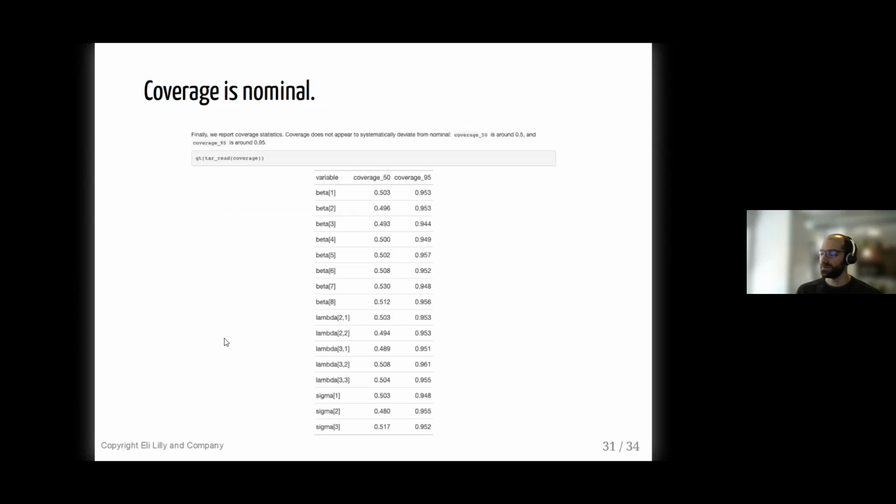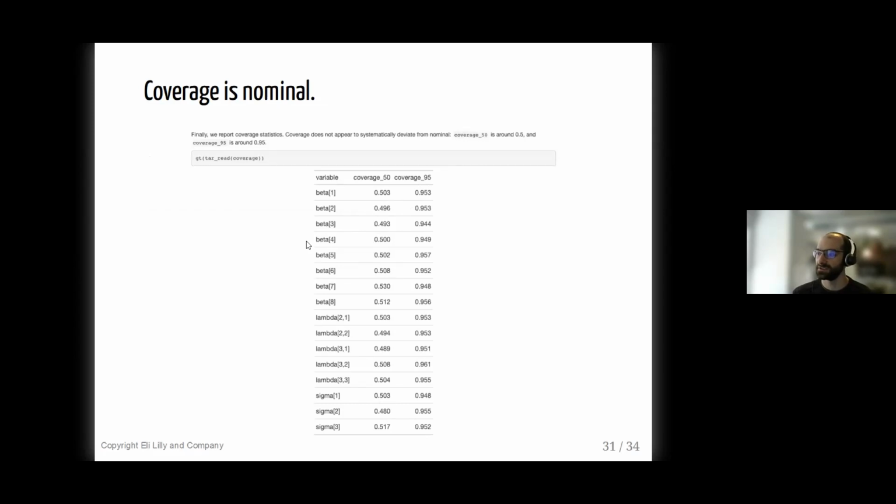In terms of coverage of the parameters, you can see that about half of the 50% posterior intervals cover the truth, and likewise 95% of the 95% posterior intervals do as well. Some of these figures dip a little bit below, but this is really about long run averages rather than being above a certain value. In fact, coverage too high is also a problem rather than coverage too low.